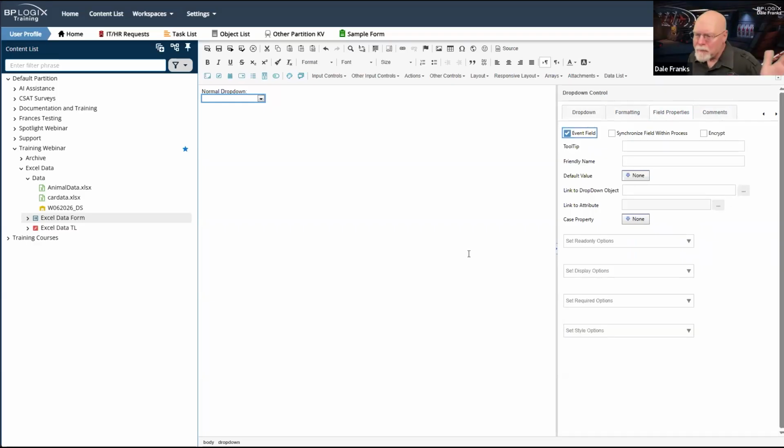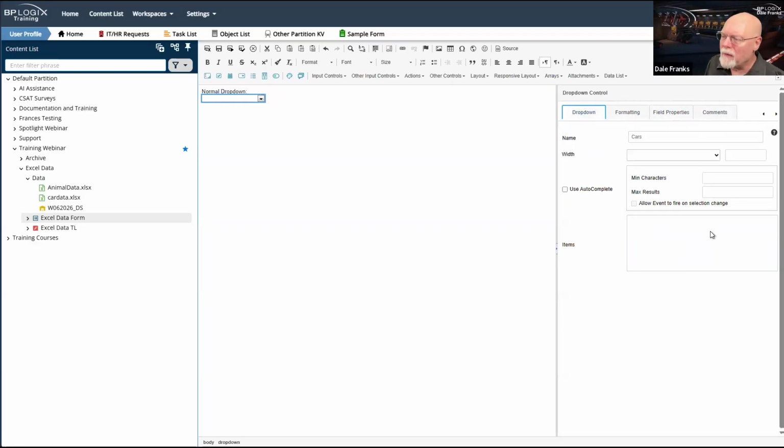But for the most part, all the configuration on the dropdown I don't need to do anything here. And if I did do anything, it would get overwritten anyway whenever I ran the form, at least anything in the items here. Obviously, I could use autocomplete and also allow event to fire on selection change. So I could certainly do that.